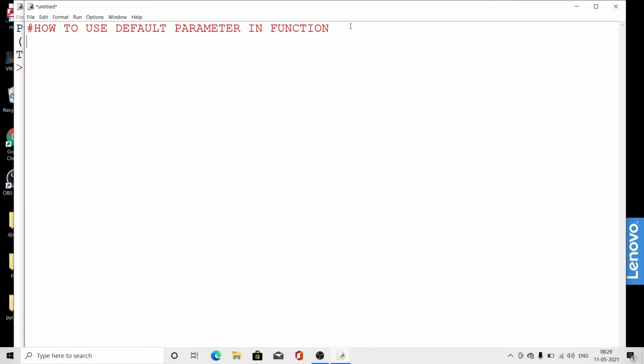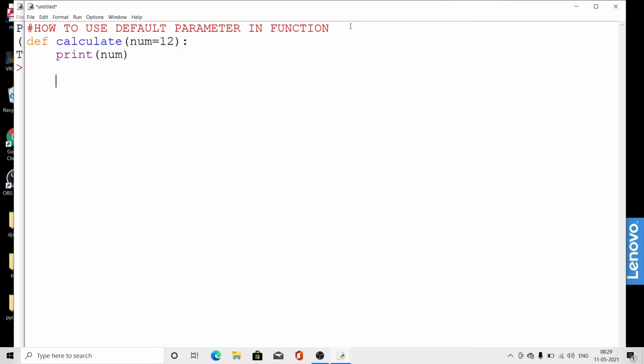Look here, my dear students, when we are defining the function like that, def calculate, we have used the parameter like num. Now we can write here num is equal to 12 also. That is called default parameter, and we are writing here print num.